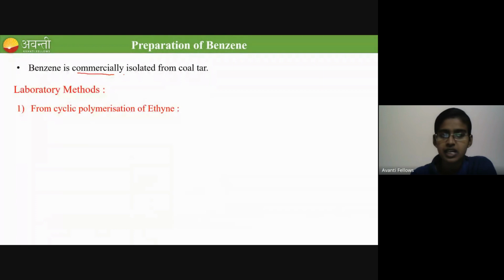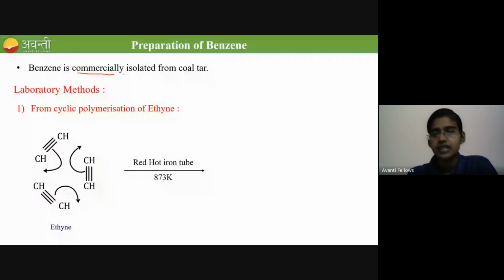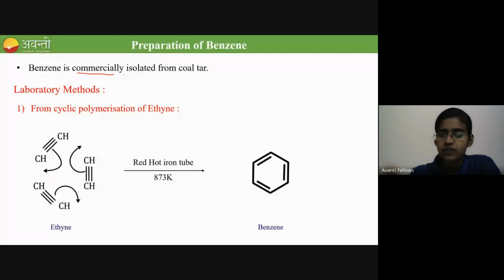First is by cyclic polymerization of ethyne, which we have studied now. In the reactions of alkanes, we have discussed this, no? The same reaction. Ethyne with a red hot iron tube produces benzene. Okay, the first method of preparing benzene is from ethyne, an aliphatic compound. Then the second preparation is